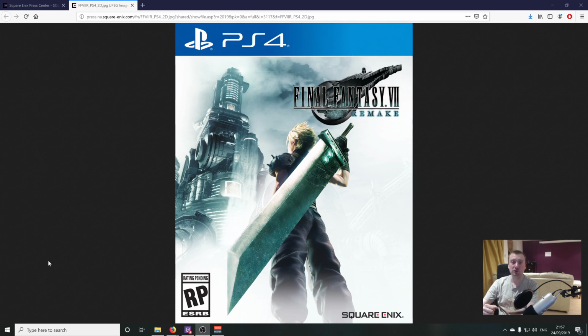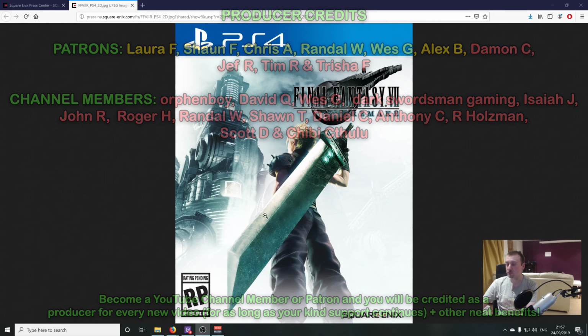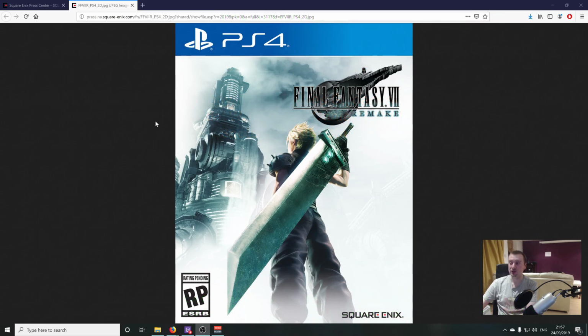And today Square have just put out a new press release for the game, and it's mostly to show off the new box art for the North American release. But in fact, there's a couple of other screenshots that have taken my eye and I want to show those to you. But anyway, at first I thought we could just take a quick look at the box art,